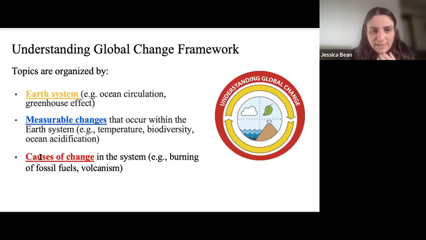And then finally, the last category in our framework is the causes of change. What are the ultimate reasons for why the world changes over time? And not just in the recent past, which of course we're very concerned about, but also in deep time. If we have to explain changes over millions or tens of thousands of years, what are the causes? What are the reasons? So of course, today we need to turn our attention to things like burning of fossil fuels and our land use, agriculture, urbanization.